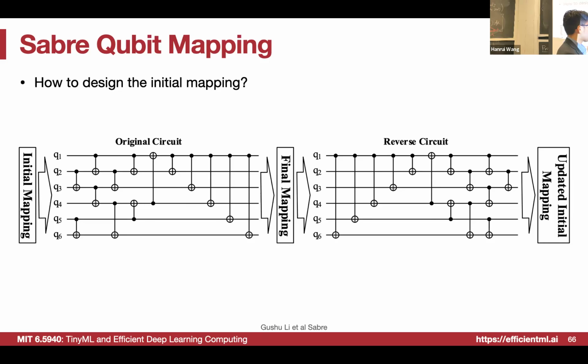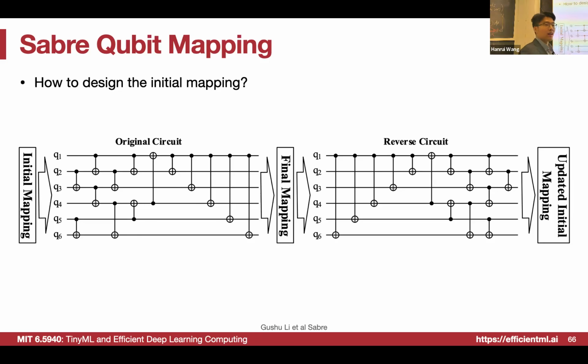And then we are leveraging the reversibility of the circuit. Because we know that if we reverse this circuit, all the connections should resemble the previous sequence, but just reversed. So if I remove all the swap gates we inserted in between, and just use the reversed circuit and use this mapping to do SABRE again, then we can obtain the initial mapping, right? And then we just start from the initial mapping to do the mapping again.